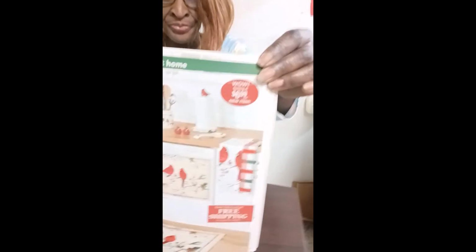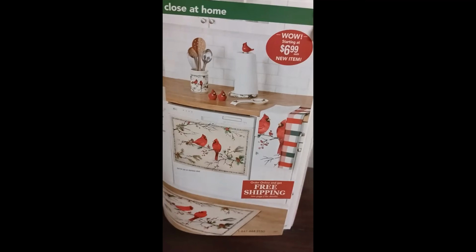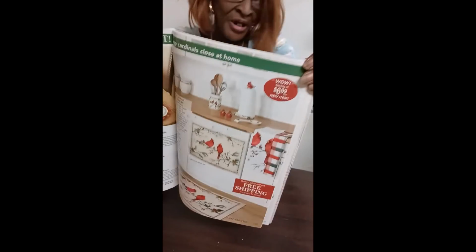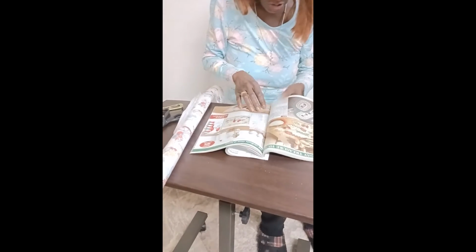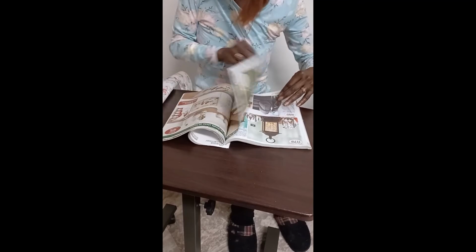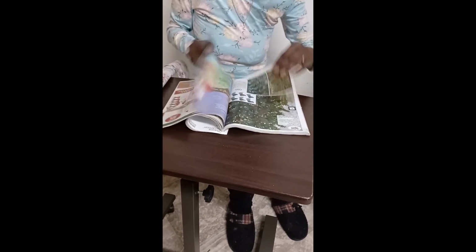Look at this one. Look how beautiful this one is. Isn't that beautiful? It has the bird, the canary bird. And everything is coordinated. This is, you know, a good idea for the holidays. And you personalize it yourself. You know, some of these things you can make on your own if you don't want to buy it. And it has the salt and pepper. It has all this beautiful stuff here. So that's an idea for y'all to do for your holiday